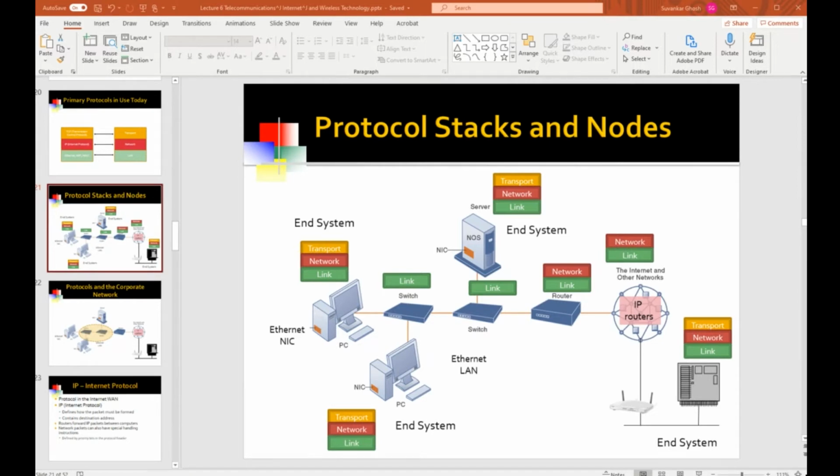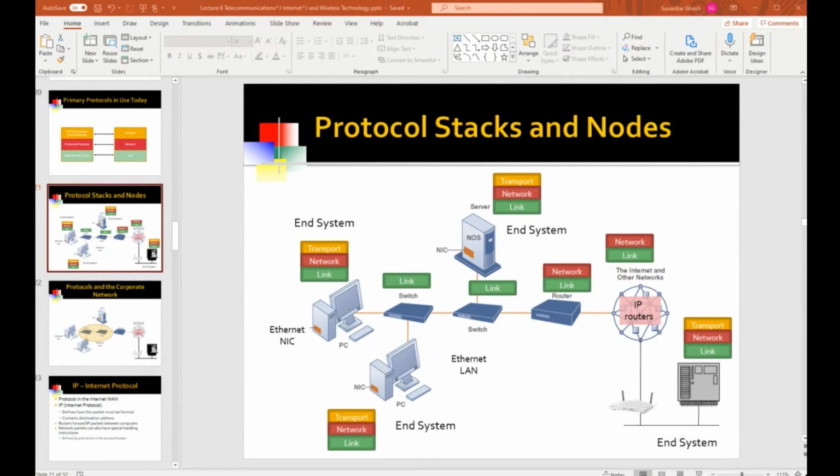Each node on the computer network has a protocol stack, but it's not necessarily the case that they all have the same protocol stack. End systems have the full three layers: transport, network, and link. And as we describe what happens in each of those layers, the reason becomes clearer as to why we need all these three layers in the end systems. But in the routers and switches,